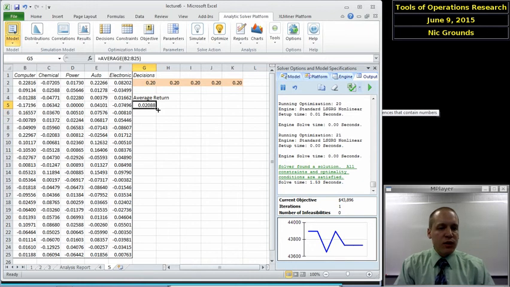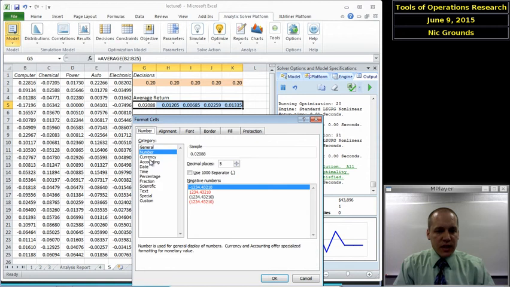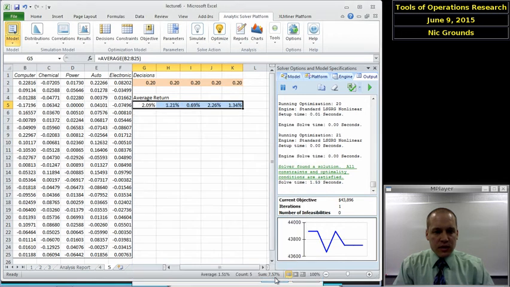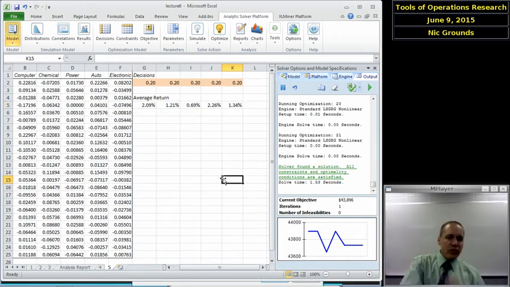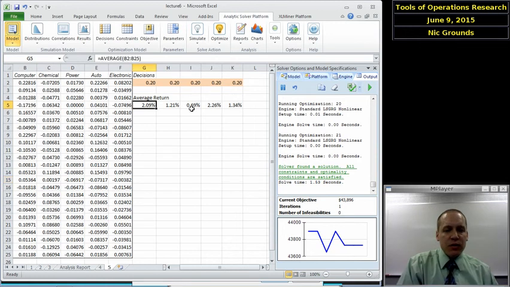For computer, that works out to be about 2%. I'm going to format these as percentages to make it a little easier to see. So, an average rate of return. Each of them averages a positive rate of return, right? We wouldn't probably want to invest in something that on average loses money,